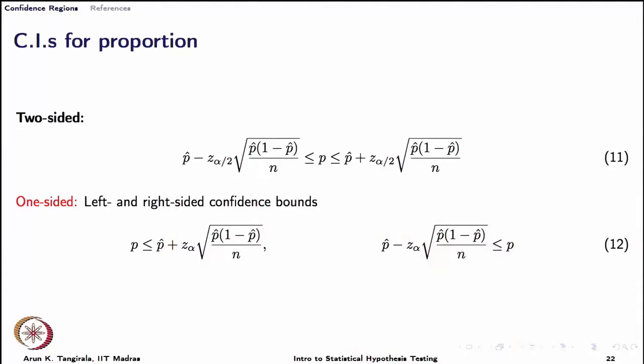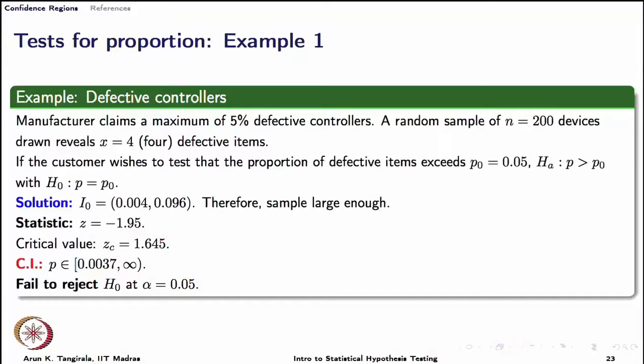And finally, the confidence interval for proportion. Again, to read this out would be like reading a small sermon, we will not do that. You can read and derive these expressions, confidence regions two-sided and one-sided, starting from the sampling distributions. Remember that all the assumptions that we made in deriving the sampling distributions hold here as well. That means if any of those assumptions are violated, these confidence intervals are not valid anymore, you will have to rederive them. And let us look at this example for the defective controllers,